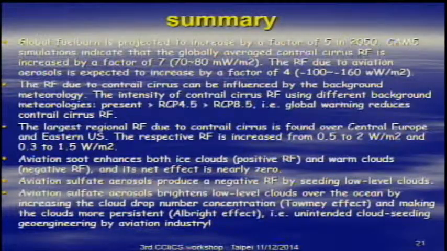So here's just a summary of my talk. Basically, the take-home message is that when you look at the forcing from contrail cirrus, the enhancement of engine efficiency is not going to do anything, basically. And you get the sulfate emissions giving you a negative forcing. And the black carbon from aviation emissions has a slight warming effect, but this cloud seeding effect is also at work by aviation soot. So they kind of cancel each other. That's why the net effect by aviation soot is almost zero.